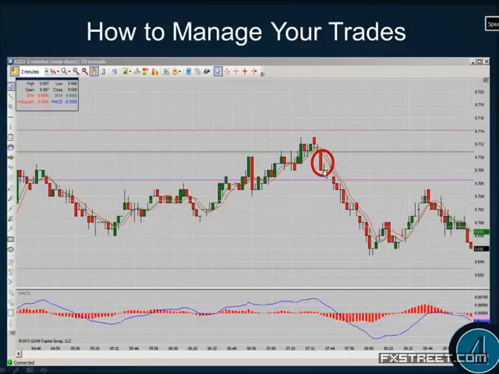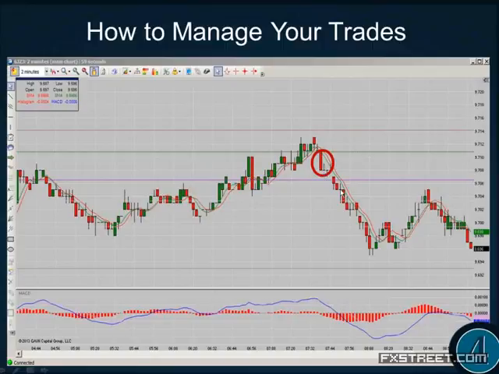So I am guaranteed that fill, right? So if I'm short at 97.08, the high here is 97.13, right? So I'm short at 08. I'm putting my stop 1 pip beyond that swing high. So my stop's at 14. So I'm short at 08 with a stop at 14. That means I have a 6 pip risk, right?